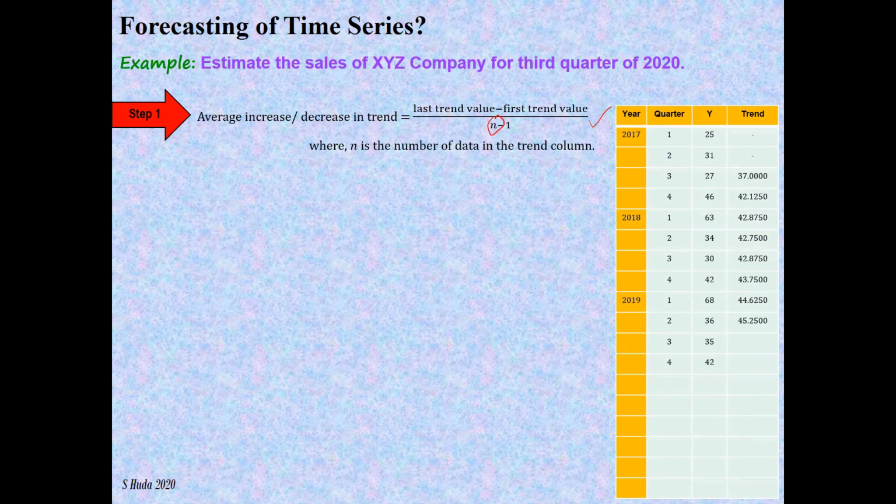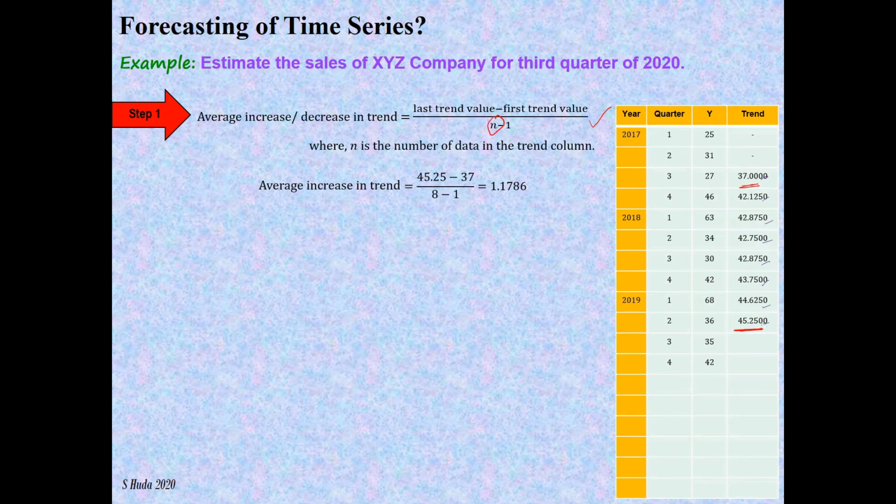So recall the trend values. What is the last trend value? This one is the last trend, 45.25. The first trend value, 37. Next, N, the number of trend data: 1, 2, 3, 4, 5, 6, 7, 8. So N equals 8. Substitute and then you got